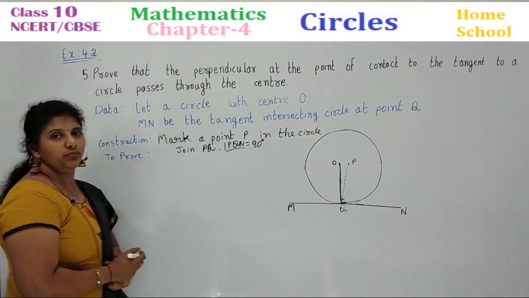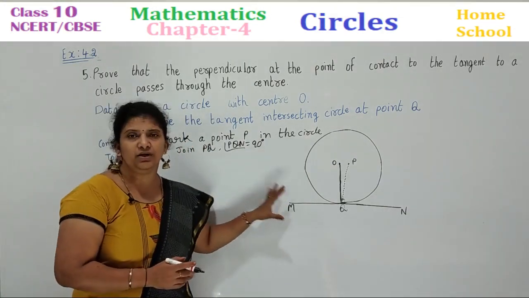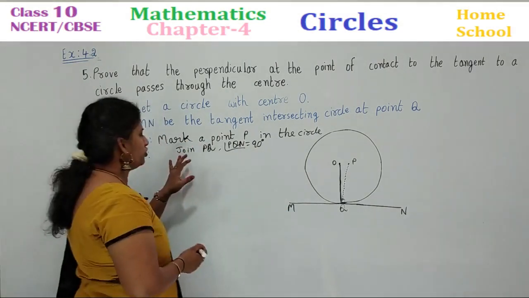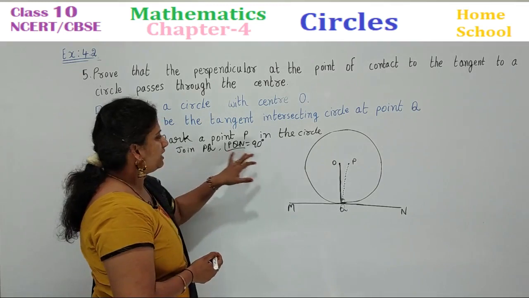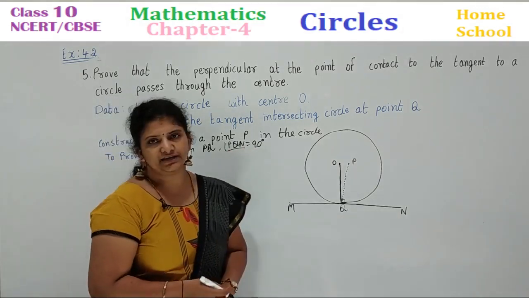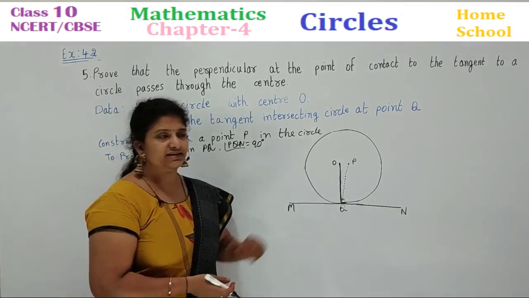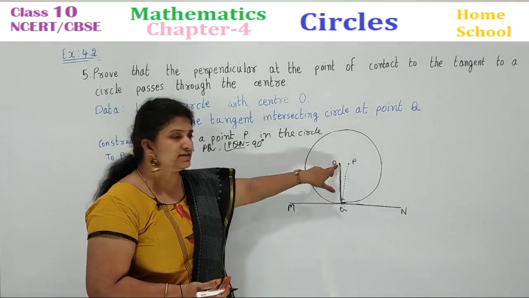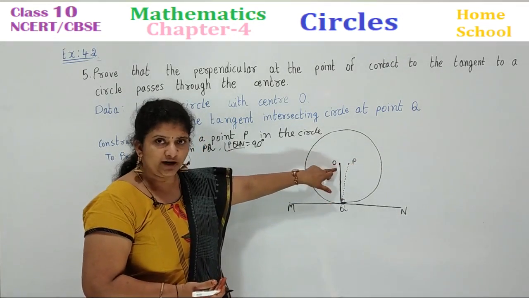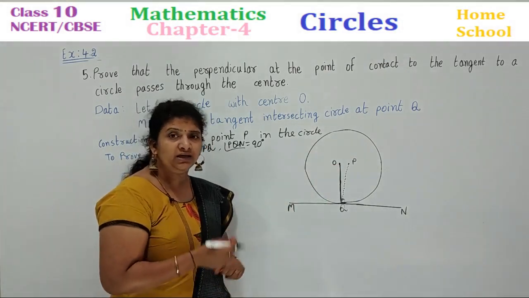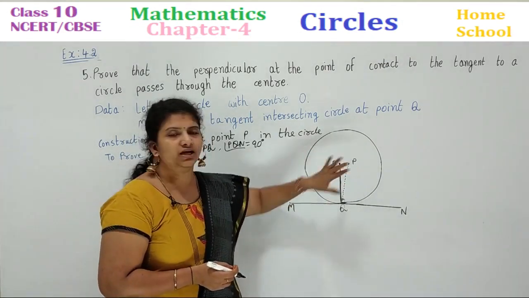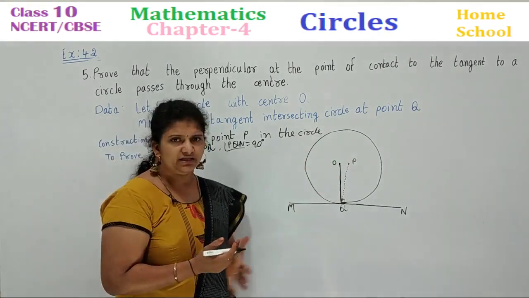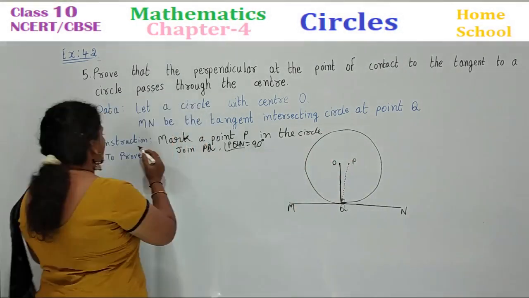Let us start our proof. We prove this theorem by contradiction. How can we start this? Join PQ. Angle PQN is equal to 90 degrees, children. How can I say? I say that this point is at the center. We are not saying that this is at the center. We know this point is at the center, but I need to prove. So somewhere I have taken a point in the circle. I assume that it might be center. Let us see what happens.